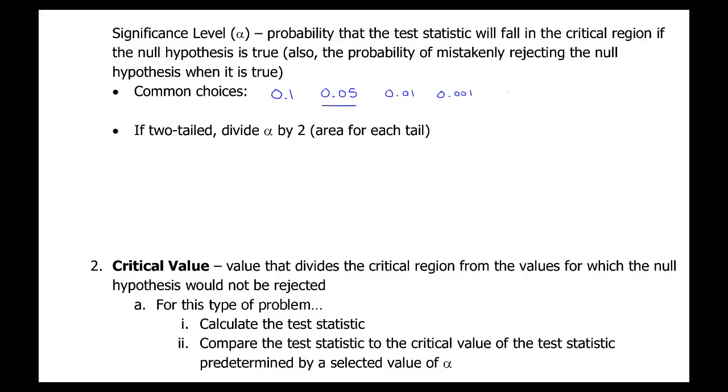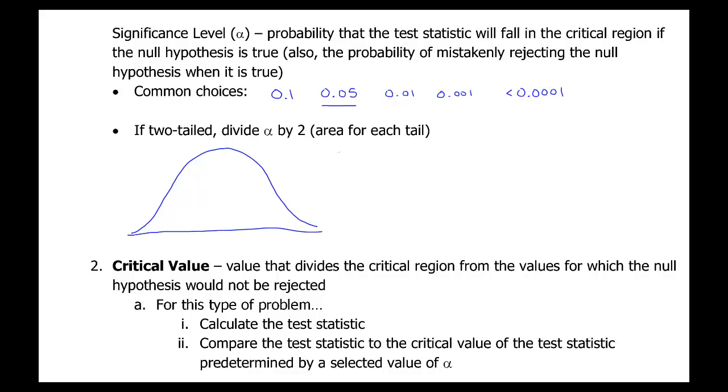And in something like clinical trials, where you're doing something that's really important to get right, you want your type 1 error to be really small. So you might use something like less than 0.0001 as your value of alpha. And then again, if you're doing a two-tailed test, you need that to get split up into two of your